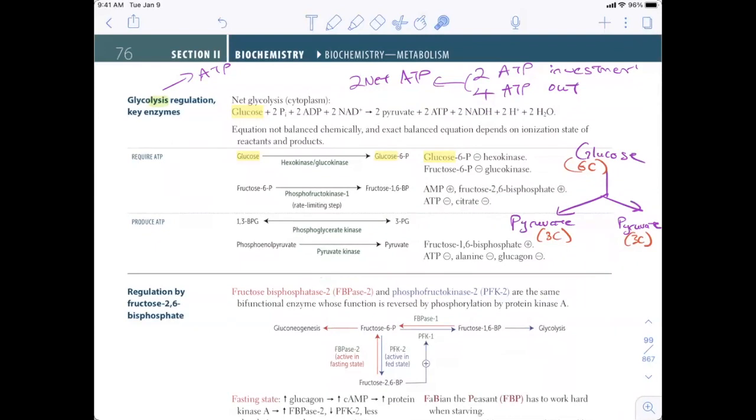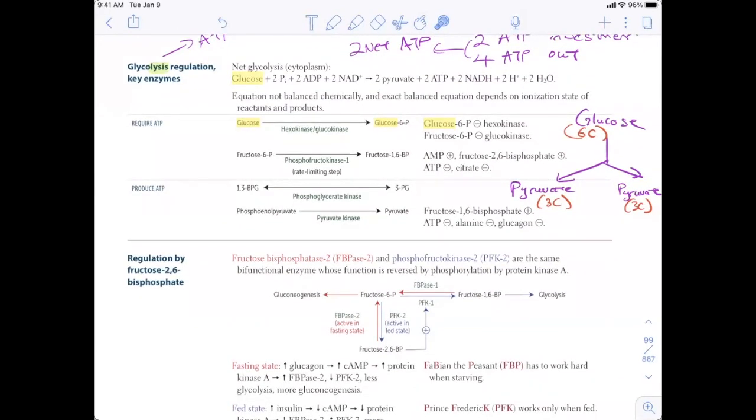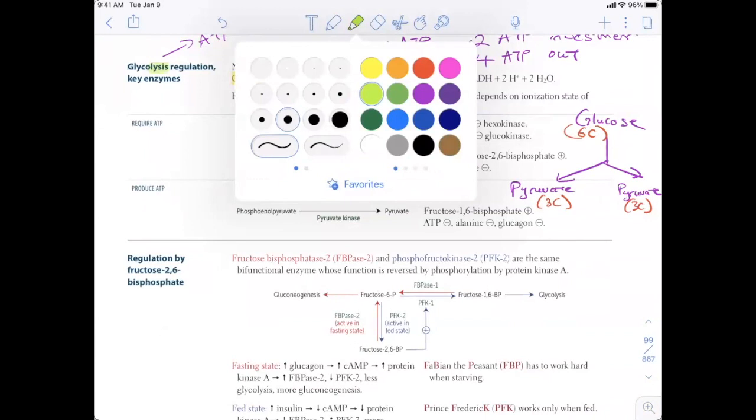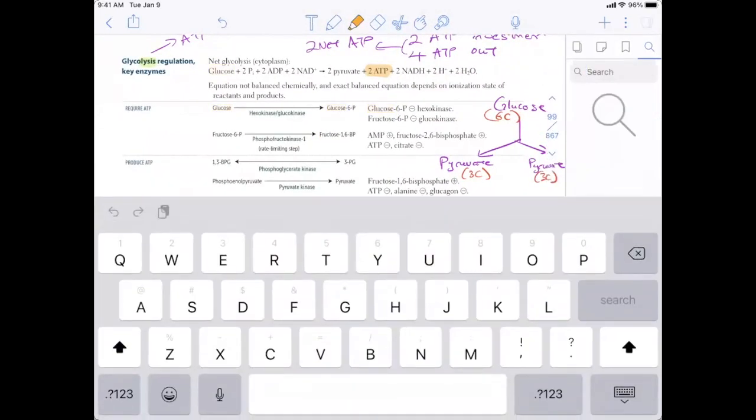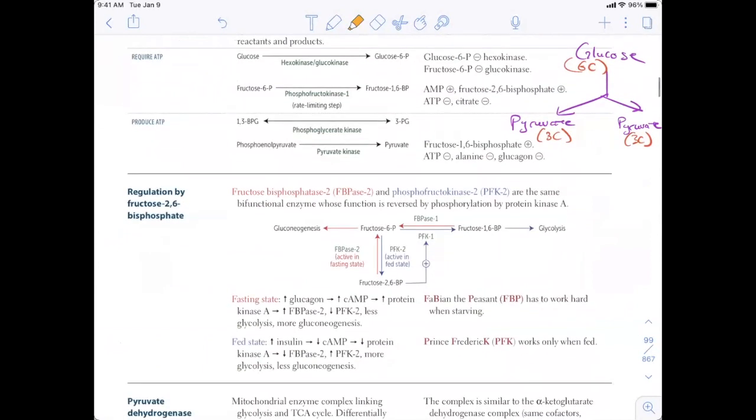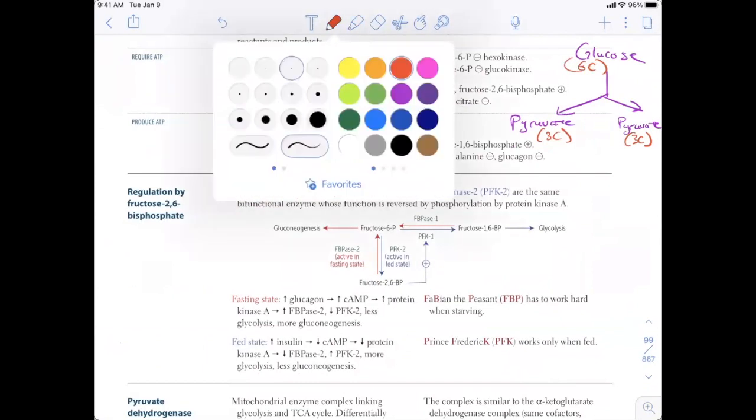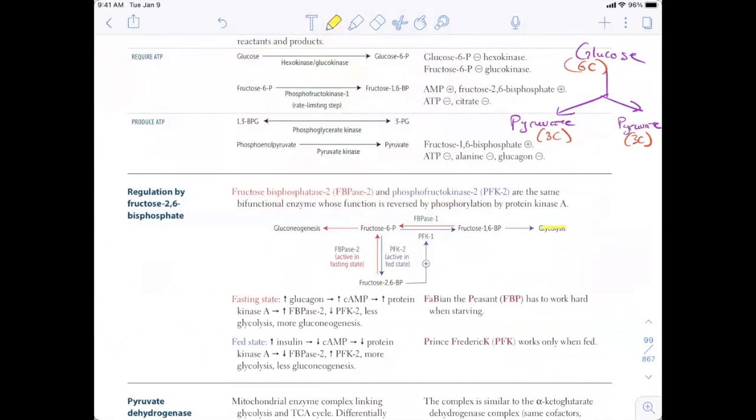So let's put that into perspective of fed state and fasting state, okay? Like we said, with glycolysis, the goal is we want to break down glucose, get pyruvate, but ideally, the most important aspect of things here is the fact that we have made ATP. That's the whole reason why we're doing this, okay? So the reason why we're doing this is to make ATP. So let's look at two scenarios. On two ends of the spectrum, you could have glycolysis on one end, okay? And you can have gluconeogenesis on the other end. Now, what is